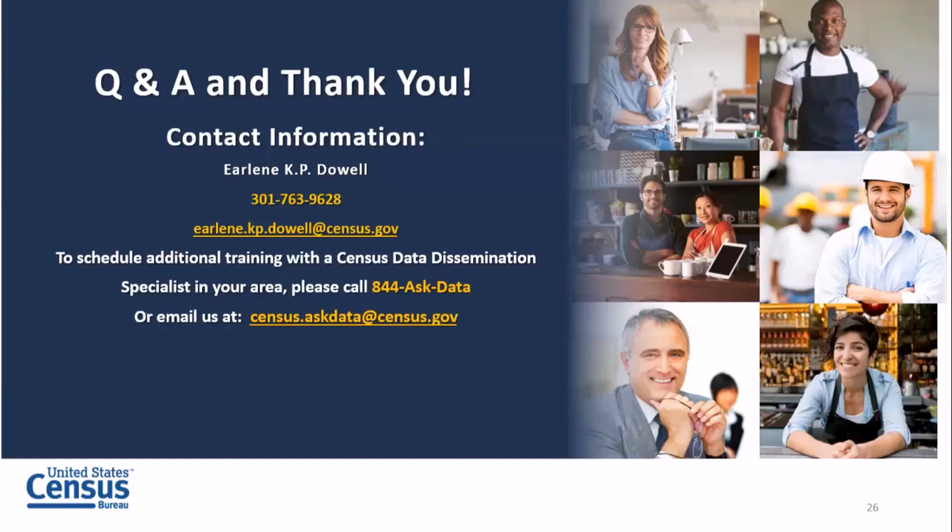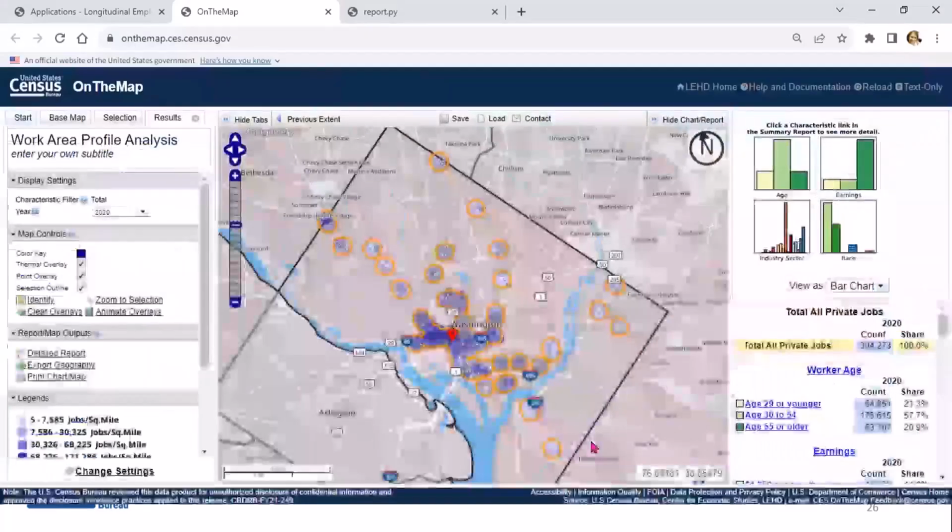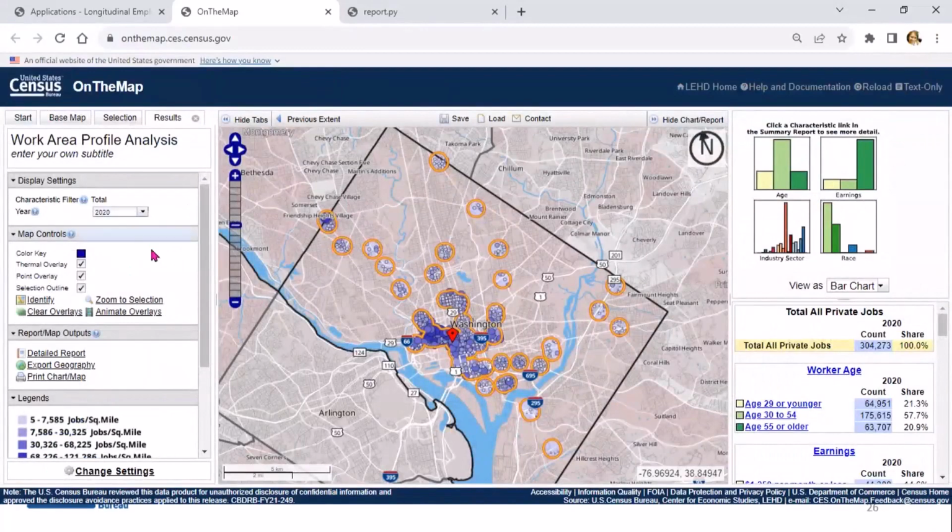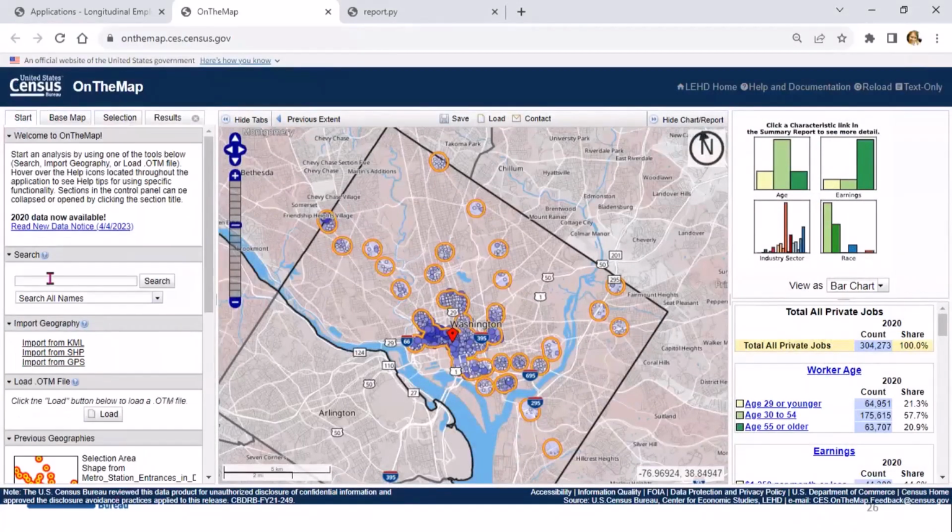Hey, Erlene, I have one more question that just came in. Is there a way to export more than 10 zip codes at a time? Yes. If you're using the application on the map, there's an area on the left-hand side. Let me just put in 96813, for example.